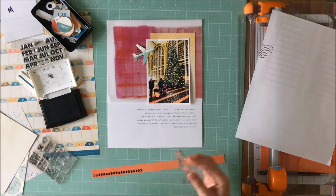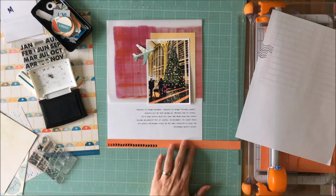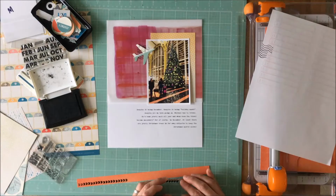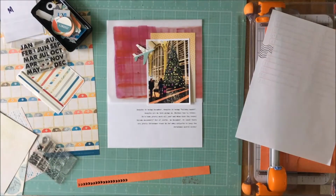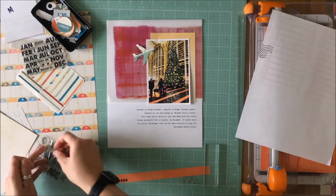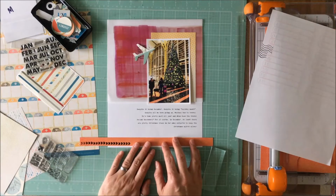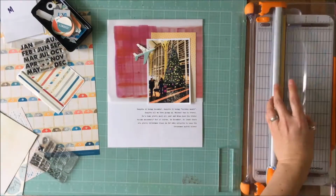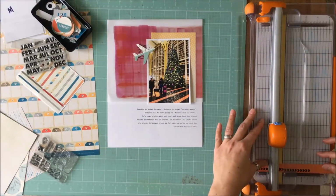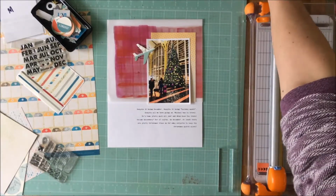I'm sure there was a way I could have done it with my Misty or my equivalent of the Misty, but I actually didn't want them going all the way across the page ultimately, because the weight of the black offset the weight of the photo in that top right hand corner. So there's a sort of diagonal movement now across the page from the top right, balanced out by the weight on that top left, bottom left there. So I trim that off so that I don't have too much of the black,